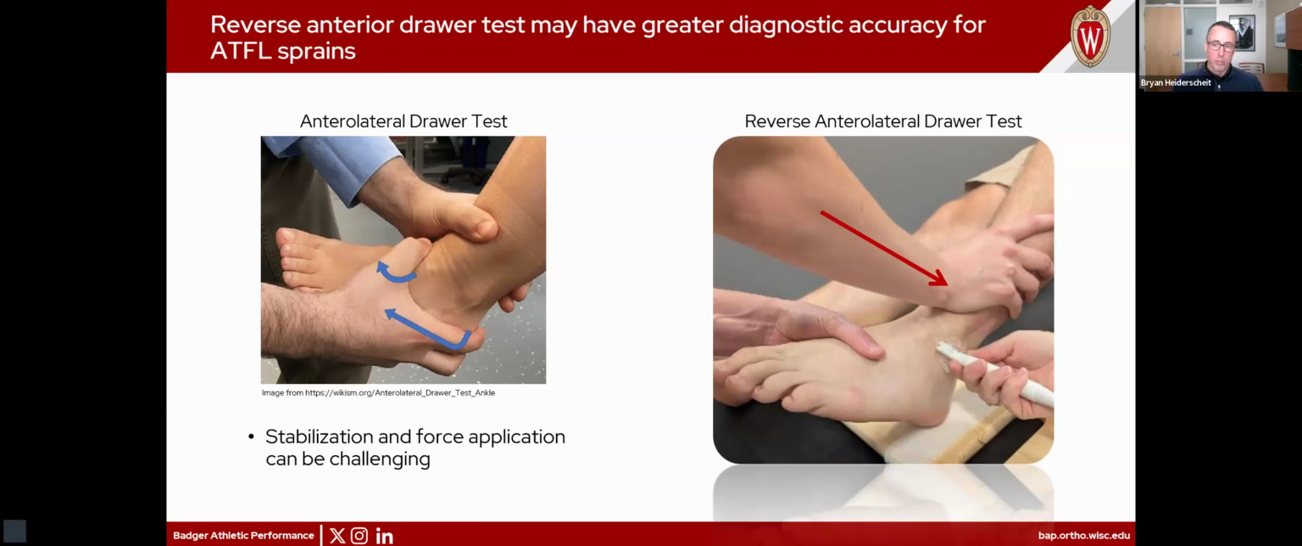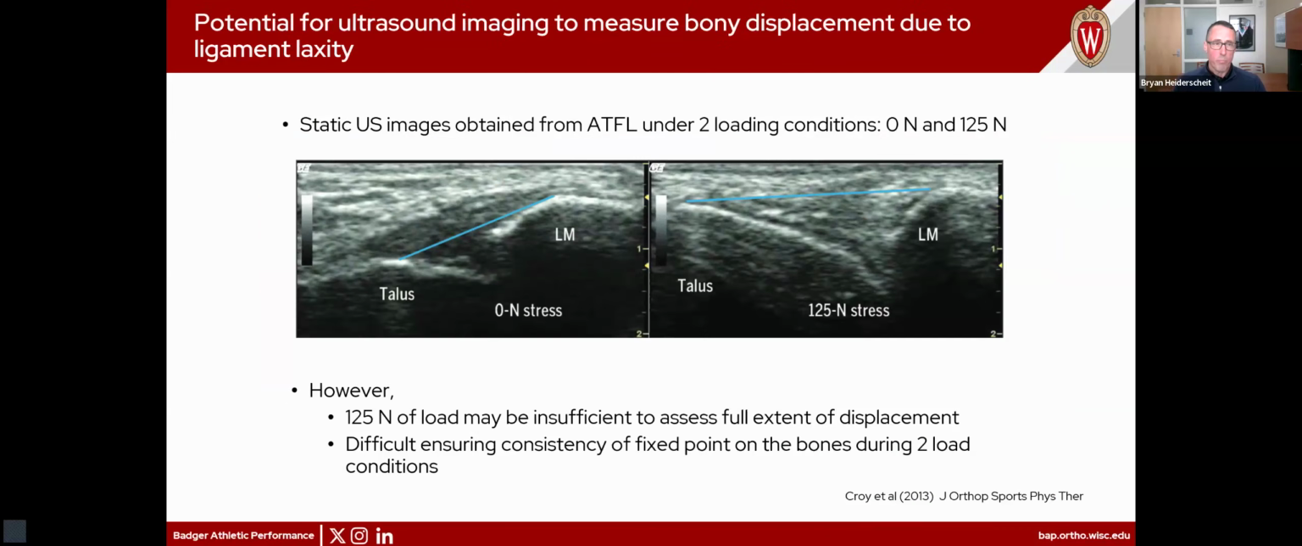Now, what if we combine these two? What if we think about bringing ultrasound together with a reverse anterior lateral drawer? Does that enable us to actually track the extent of displacement between the fibula and the talus to an extent where we might be able to identify re-injury rates and those who may have difficulty coping with the amount of instability that may persist? Digging through the literature, you'll notice that there's one paper from a little over